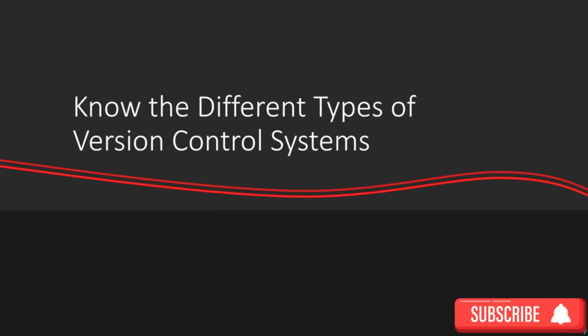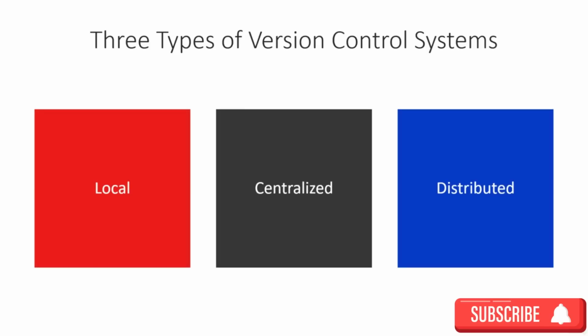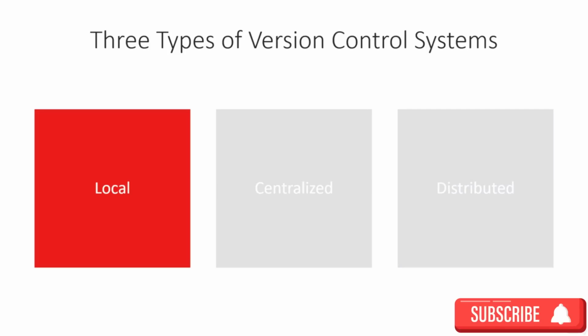Let's ensure in this clip that you know the different types of version control systems. This knowledge is important for you to understand how Git works. There are actually 3 types of version control systems: local, centralized, and distributed. Git is a distributed version control system. To understand what a distributed version control system actually means, let's look at these 3 types, and let's start with